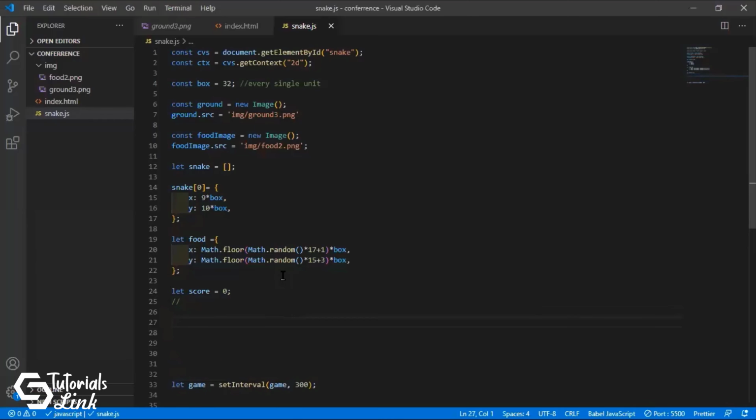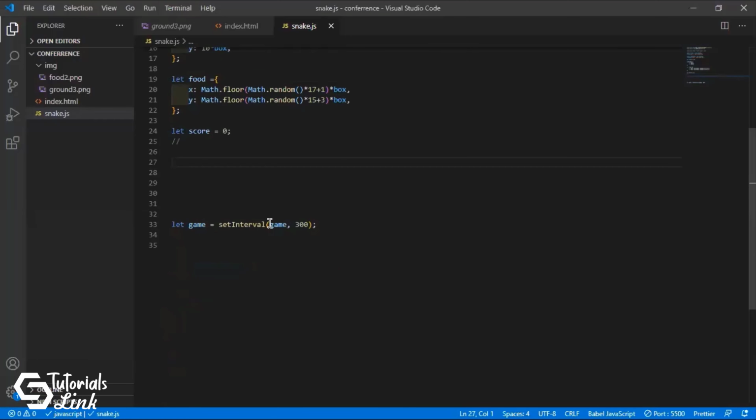Now the game function. Here in the interval, it is calling the game function. Now we have to mention the game function, so let's just draw it. We have to declare the function draw. First thing, it will get the images.